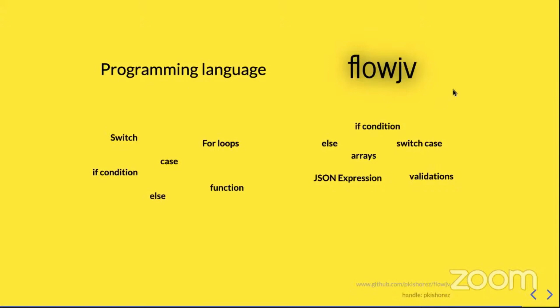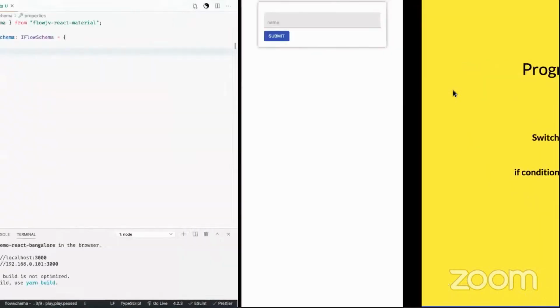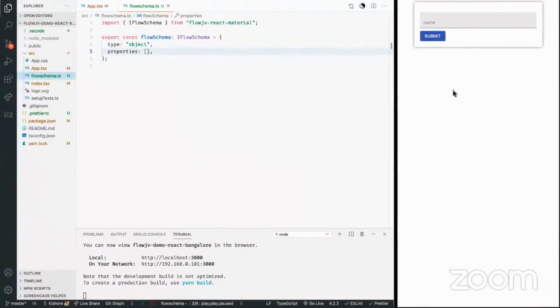So let me quickly show you what exactly I mean when I say it's just like another programming language. In FlowJV, we create a form by defining our data requirements. The schema that we write is going to be a single source of truth for our data requirements, validations, and everything from UI to UX.